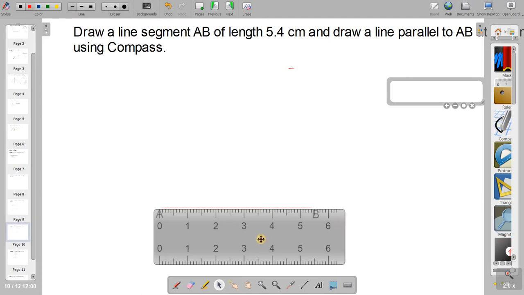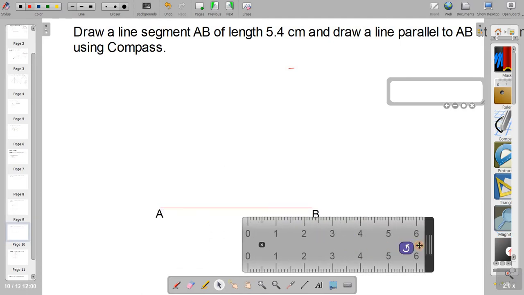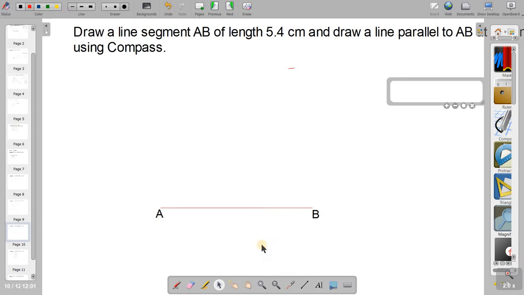Now I'll first take the compass because we are going to do this with the compass only. So this ruler is not required. I am just going to send it back to store. I'll take the compass. The compass is ready now. The idea is I will draw a line at A perpendicular to the line AB, to construct a perpendicular at A to the line AB. After drawing that, the perpendicular distance of 4.3 will be marked on that. Then again one more line perpendicular to the new line will be drawn. We'll do that in steps.